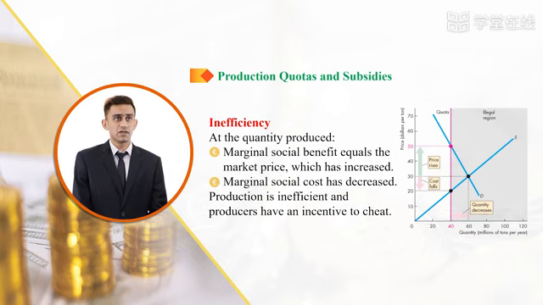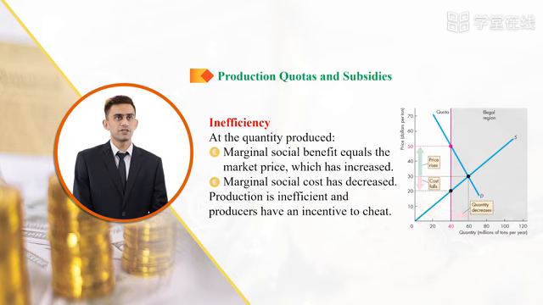A decrease in marginal cost. The production quota lowers the marginal cost of growing sugar beets. Marginal cost decreases because growers produce less and stop using the resources with the highest marginal cost. Sugar beet growers slide down their supply and marginal cost curves. In figure 6.11, marginal cost decreases to $20 a ton.